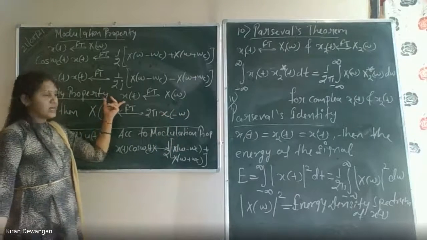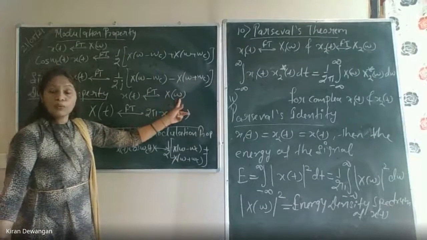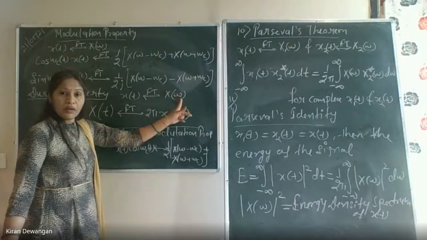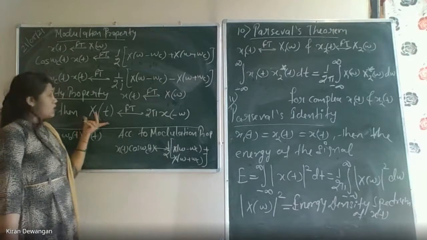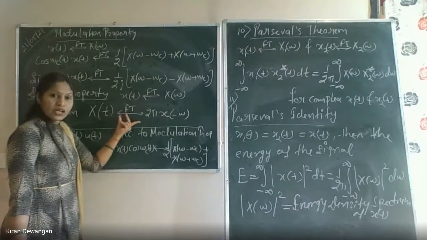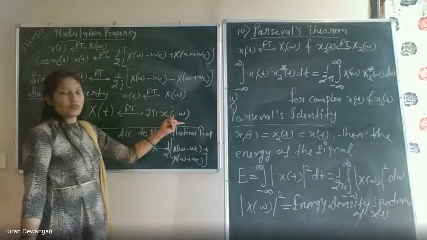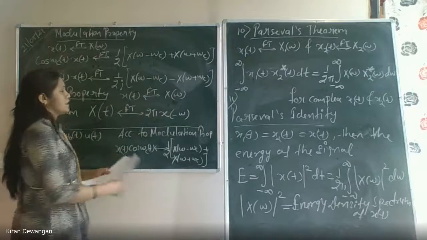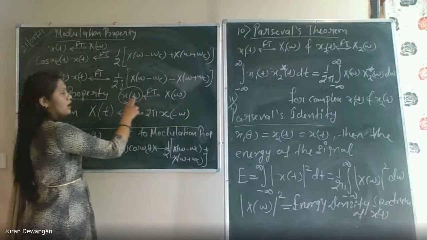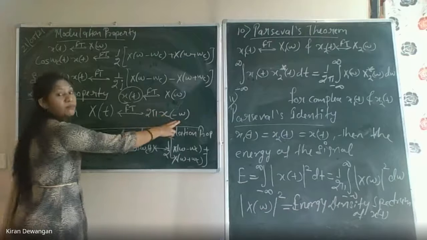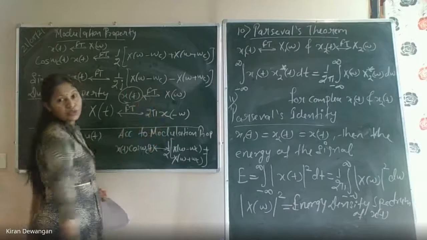If x(t) has Fourier transform X(omega), and in this one, if I am replacing omega by t, then this is my function and this becomes X(t). Now capital X(t) will have Fourier transform equal to 2 pi x(minus omega). Minus omega means this x(t) is my original x(t). This x(t) will have the value of minus omega in place of t. Okay, so in this x(t), in place of t there will be minus omega.